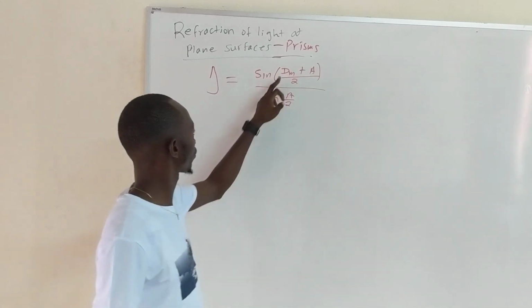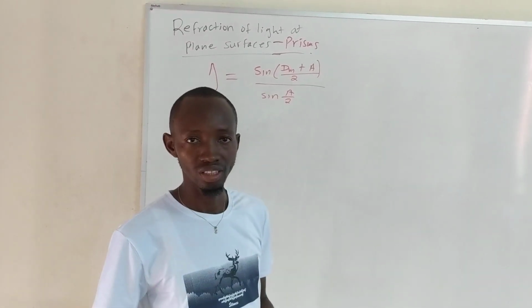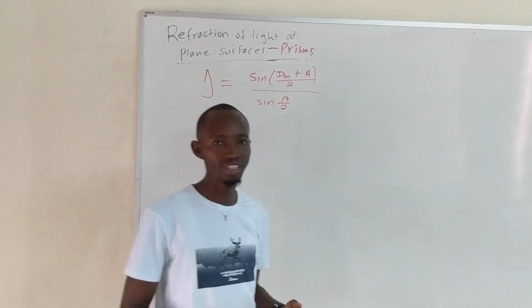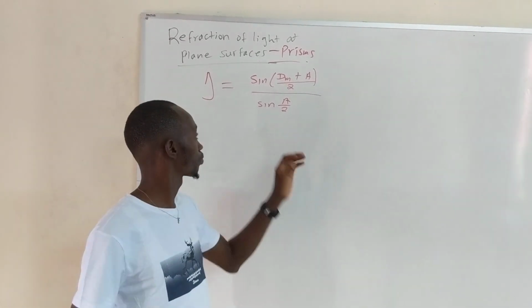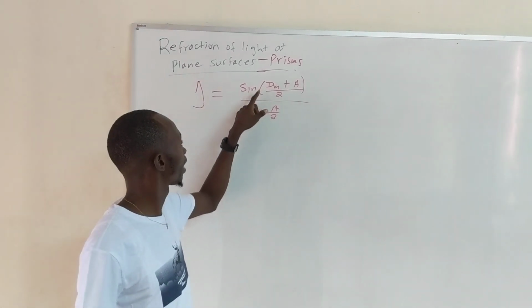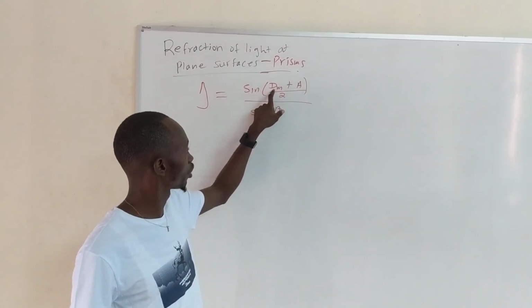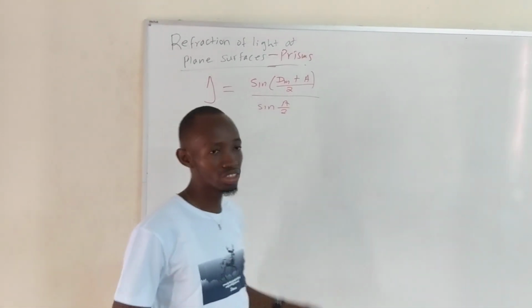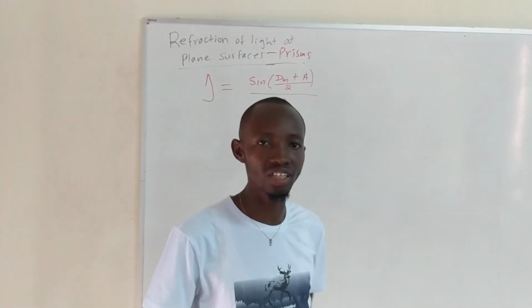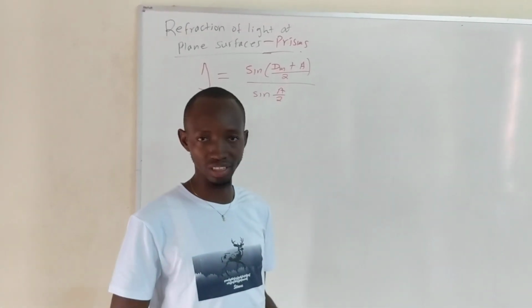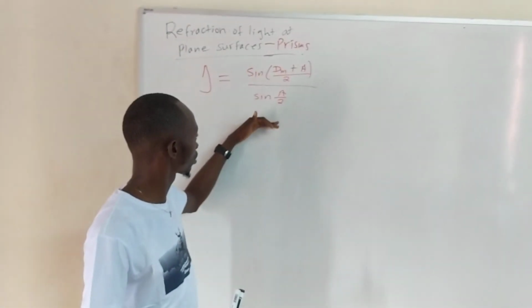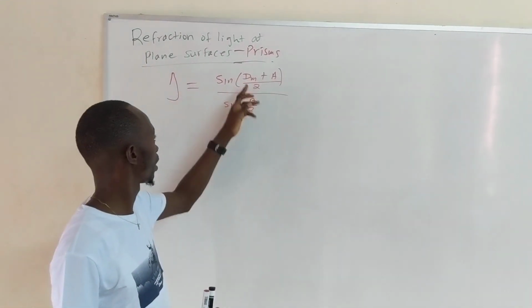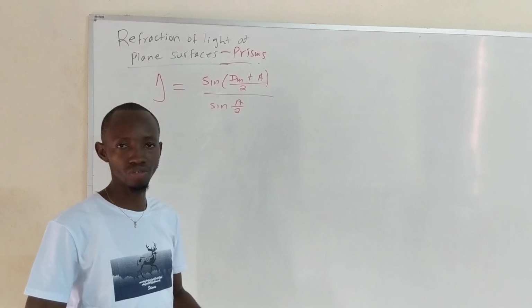But the first point, we have to capture what we mean by a deviation. You see, deviation is just a change in direction of a ray of light when it passes through a prism. That's what we mean by deviation. And what we mean by minimum deviation, because it's a condition for us to have this derivation. Minimum deviation simply means when the ray passes symmetrically through a glass prism, when those two rays are parallel, therefore, definitely minimum deviation takes